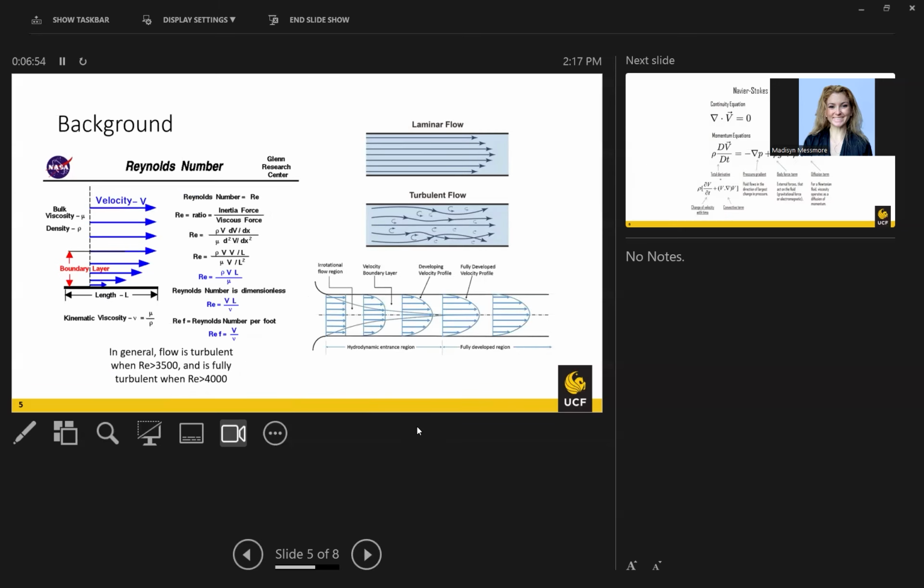So further, another thing ripped from NASA, some other important concepts to know are things like Reynolds number, which, as